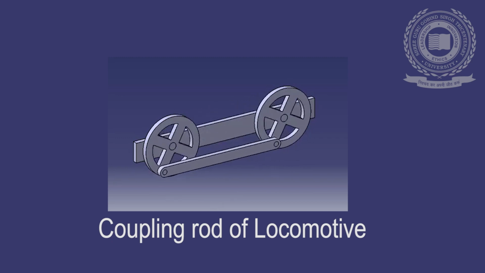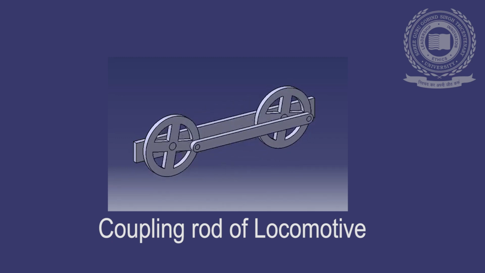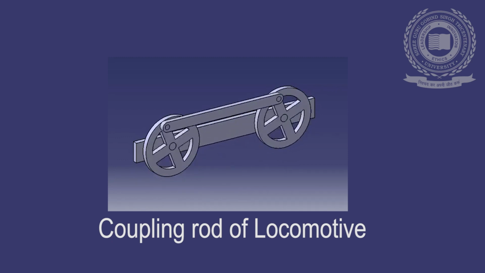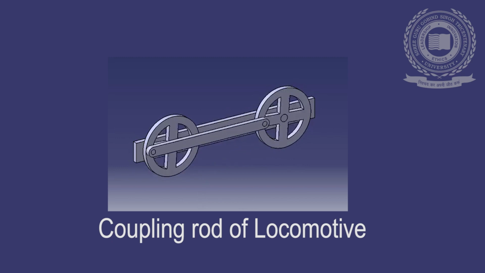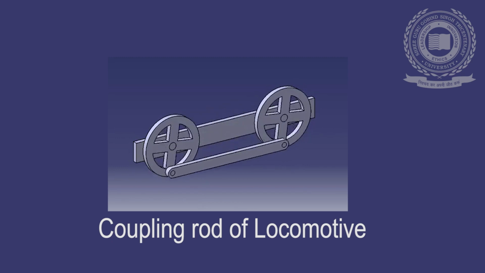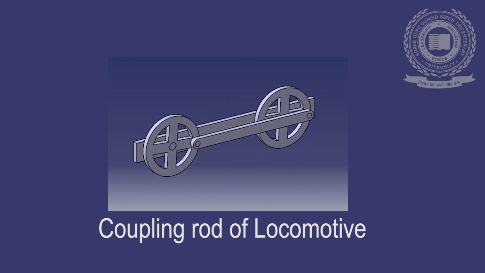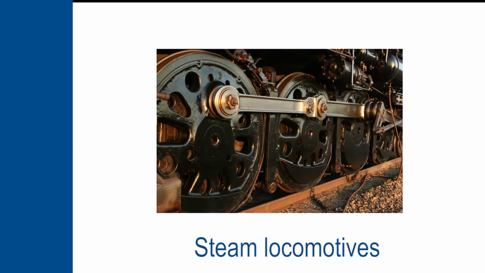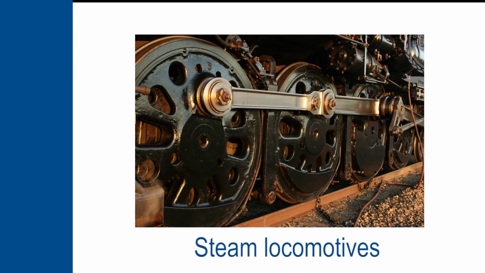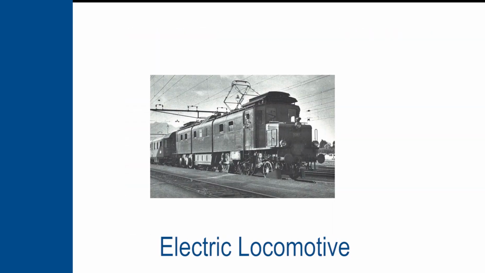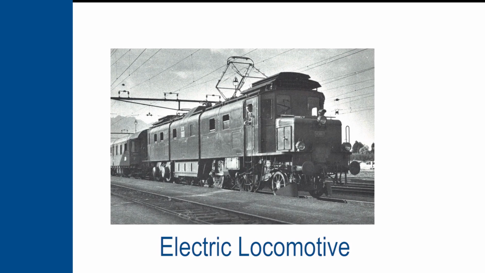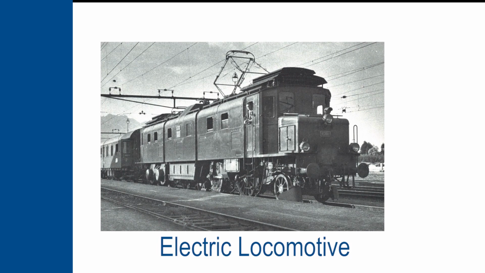There is a simple principle that if 2 opposite links are equal and parallel to each other, then whichever of the links is fixed, we only get double crank mechanism. A coupling rod or side rod connects the driving wheels of a locomotive. Steam locomotives in particular usually have them, but some diesel and electric locomotives, especially older ones and shunters, also have them. The coupling rods transfer the power of drive to all wheels.